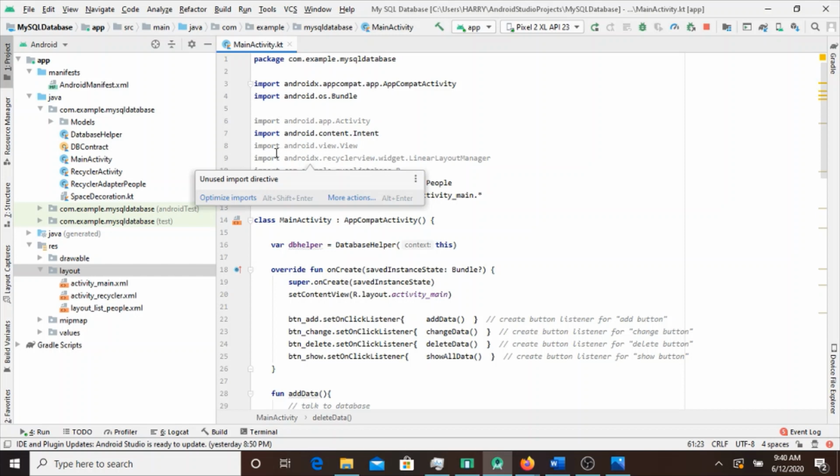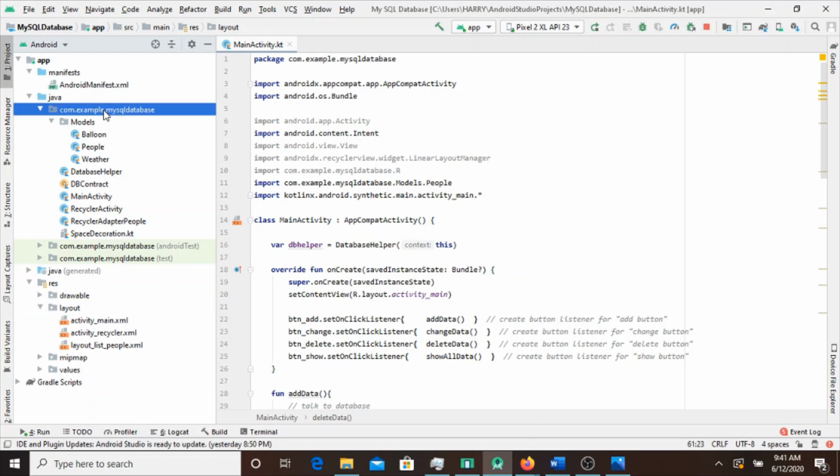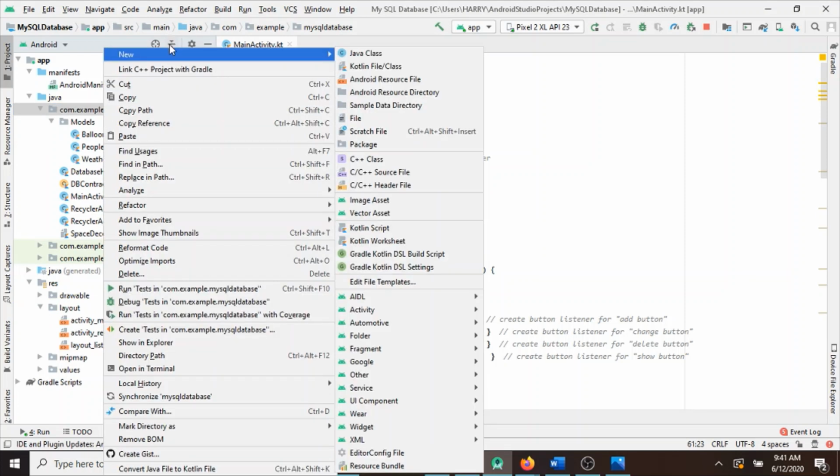And before we do that, we need to create a package to keep this organized and clean. We're going to create a package. I called it a model package, and inside that package we will define the tables. So let's start by making the package. You just right click, go to new package,